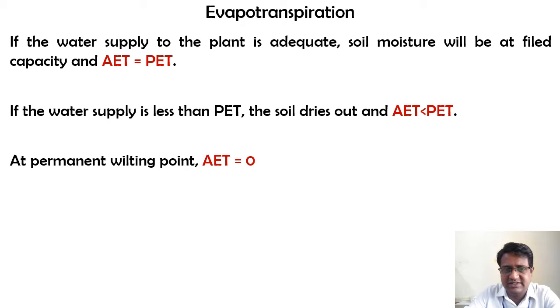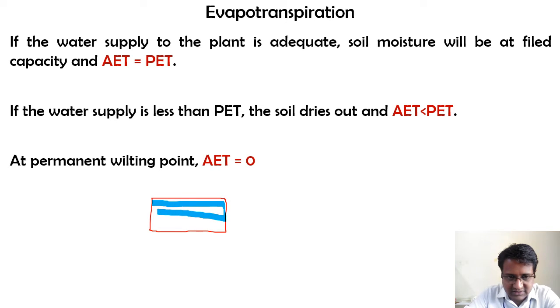As I have explained previously, if you have this soil mass, imagine this as the water in that soil mass. If it is completely saturated, and whenever I say field capacity, some amount of water has actually gone through infiltration. Okay, so for the sake of simplicity, I am making this 100% saturated.